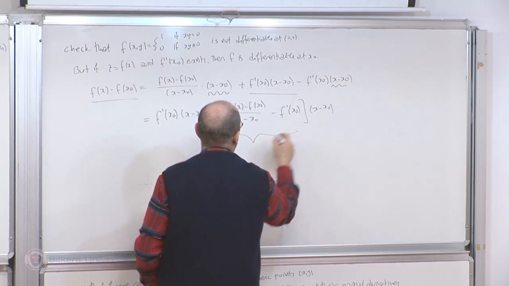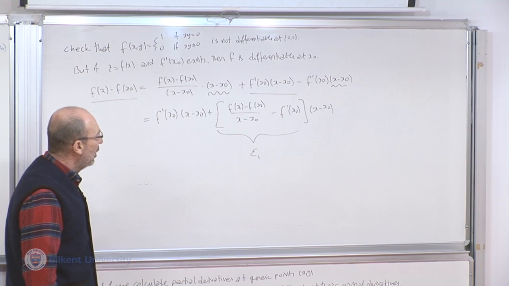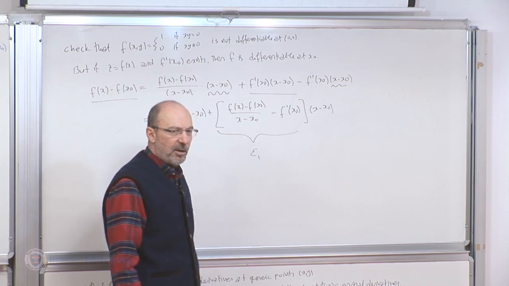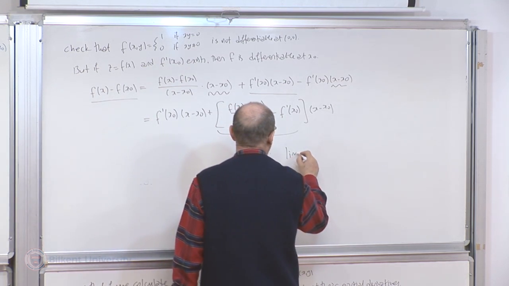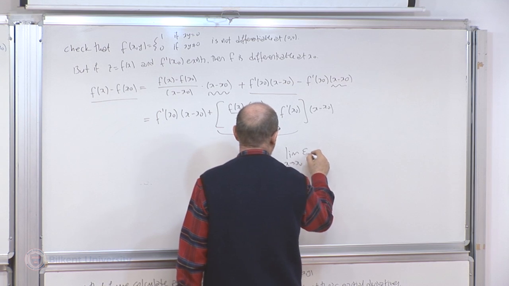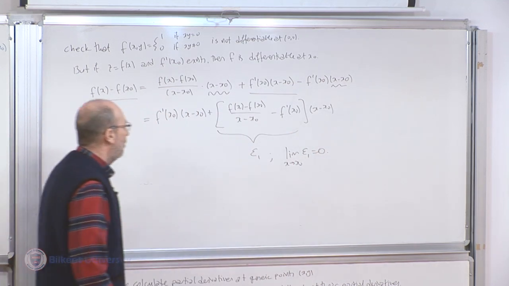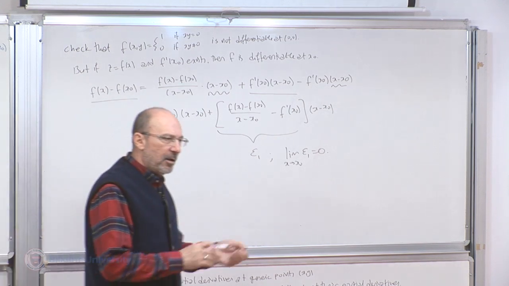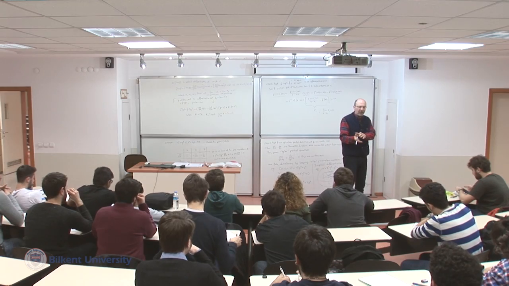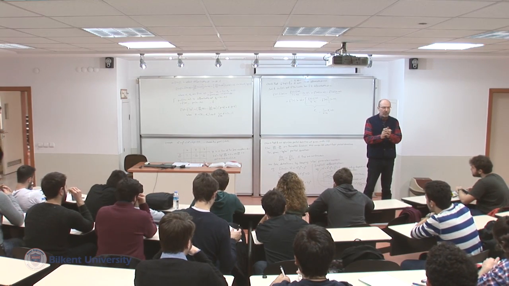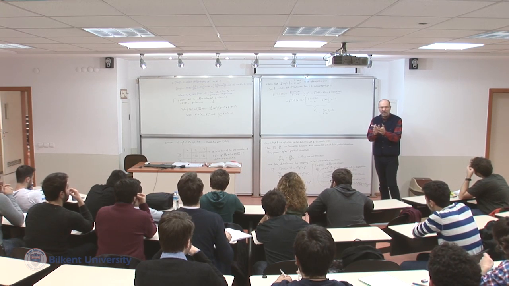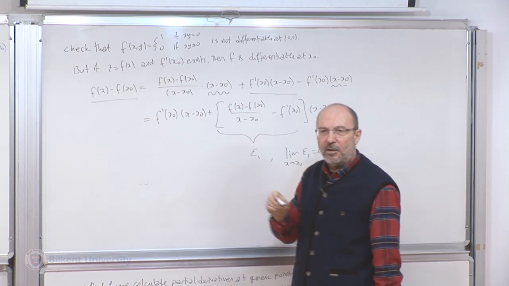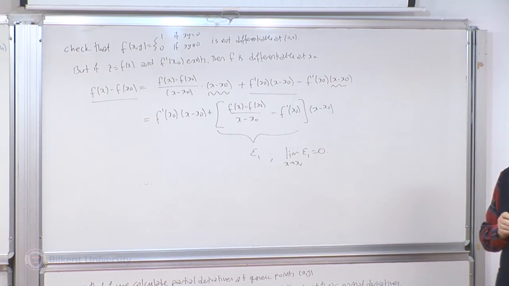Okay, so call this epsilon 1. As x goes to x sub 0, this goes to the derivative. The derivative here I subtract. So clearly, the limit as x goes to x sub 0 of epsilon 1 is 0. f prime minus f prime. Okay, so in the one-dimensional case, if the derivative exists, it is differentiable at that point. These are two names, but they are interchangeable. They are the same. In the two-dimensional case, we have functions which are not differentiable, but they have derivatives at that